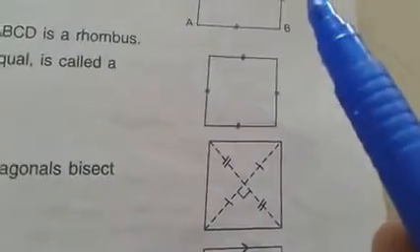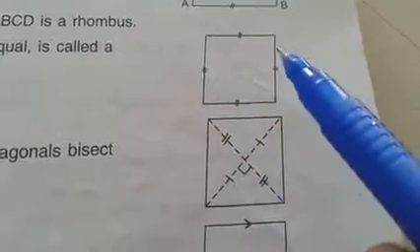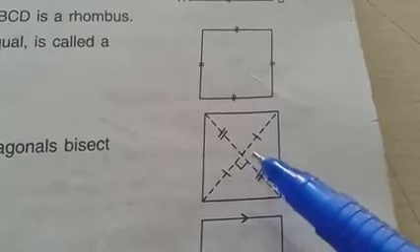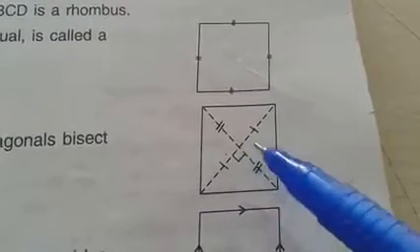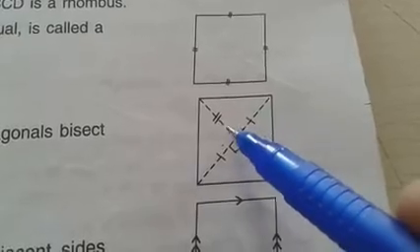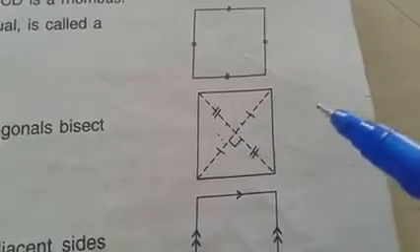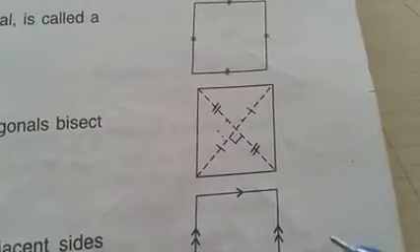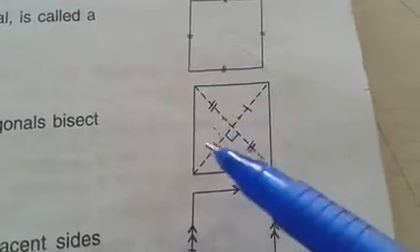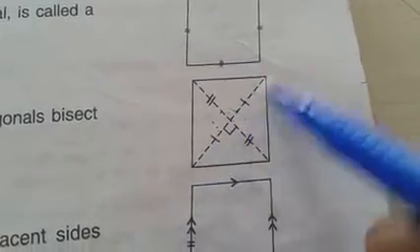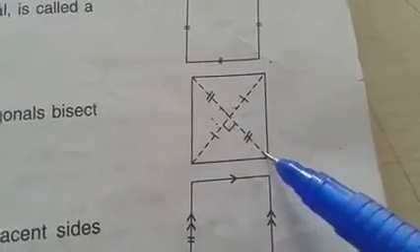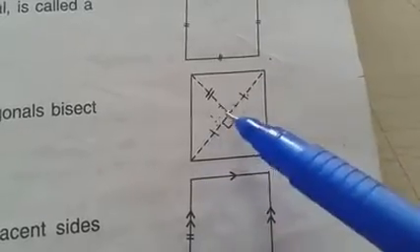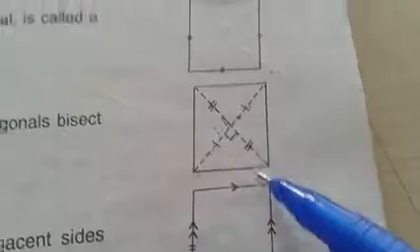See, we are studying types of quadrilaterals. So it is called a rhombus when all sides are equal. Second thing, when we draw diagonals, they form a 90 degree angle in between. So this angle is 90 degrees, this angle is 90 degrees, this is a right angle, this is 90 degrees. Now you'll say what right angle? Right angle means 90 degrees only. Okay. Also you can see the diagonals. These two diagonals are equal, means this and this part is equal, this and this part is equal. That doesn't show that these parts are equal. Only this sign shows that we are talking about this and this part equal, this and this part are